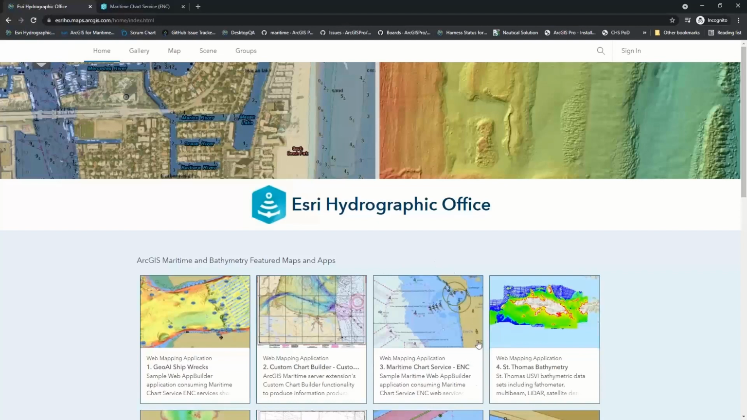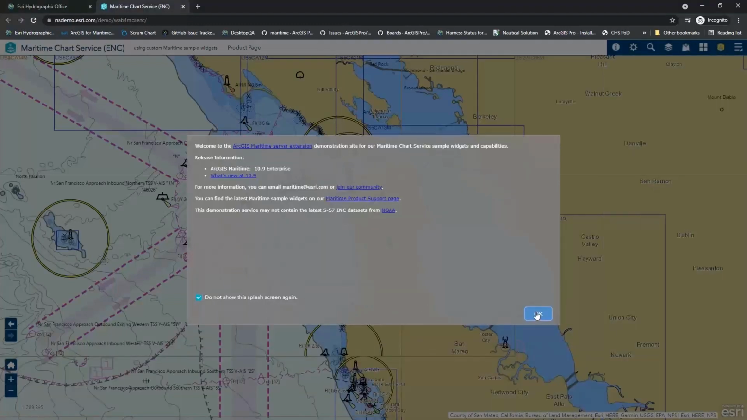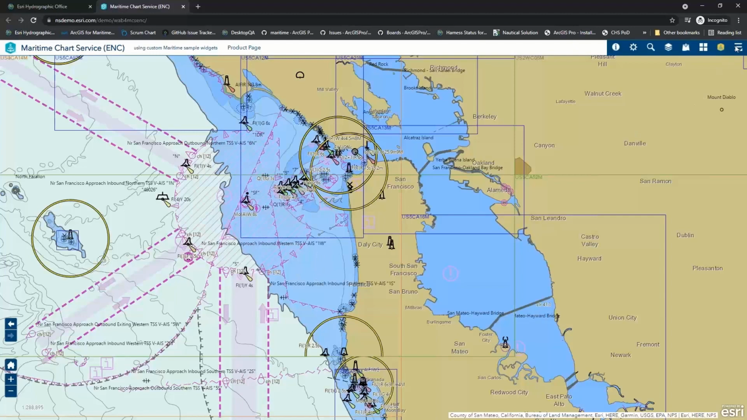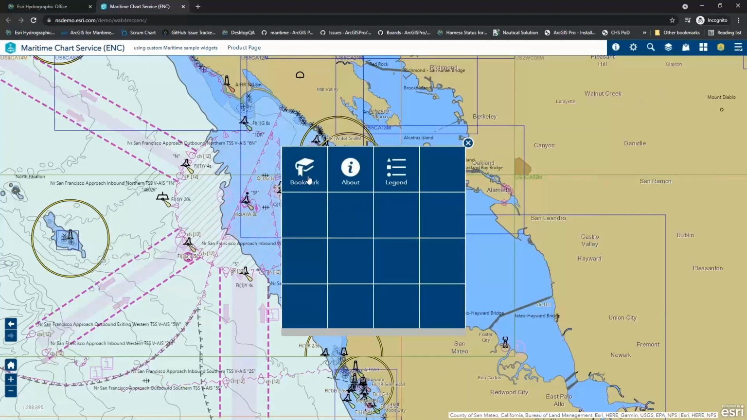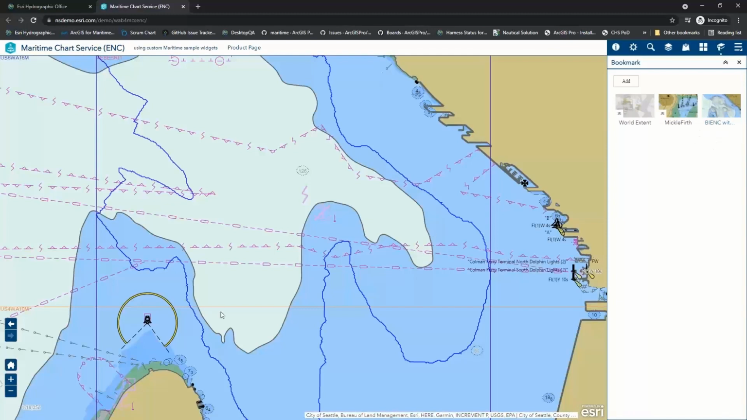So this is our own setup of our Maritime Chart Service application using ArcGIS Server and ArcGIS Maritime Server. We're using NOAA data in this application. You'll see this little splash screen pop up. Just click OK on that and click on this button here, and you'll see a list of bookmarks. If you don't see the bathymetric IENC bookmark, then you need to clear your cache or open in an incognito window. So we're going to zoom to that bookmark, and here you can see the extent of my bathymetric ENC